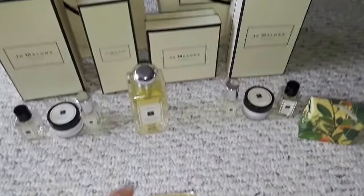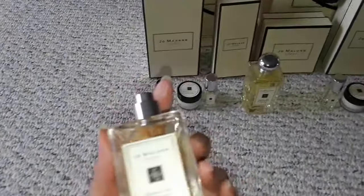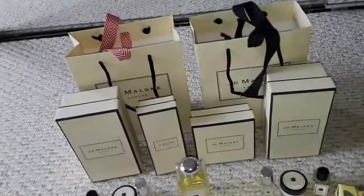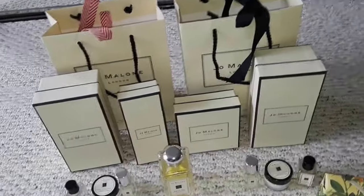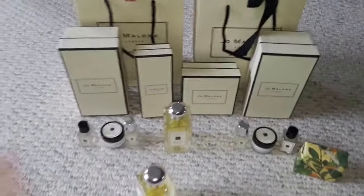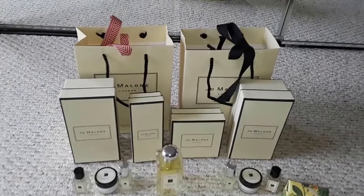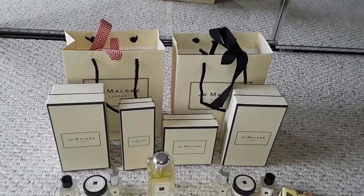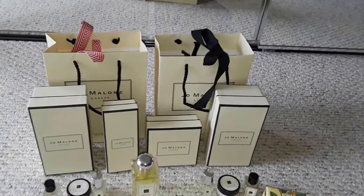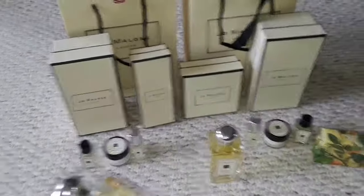Okay, so let's try this new one. I have not actually sprayed this on. English Oak and Hazelnut. I know this is nicer and sweeter than the other one, so let me just spray it. They smell similar, but this one is more citrusy. Yeah, it's more subtle and it's more citrusy. What's nice about this red currant is that,